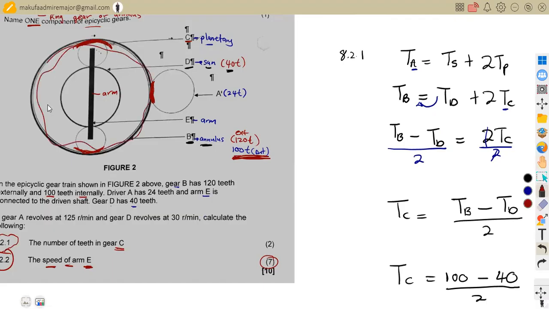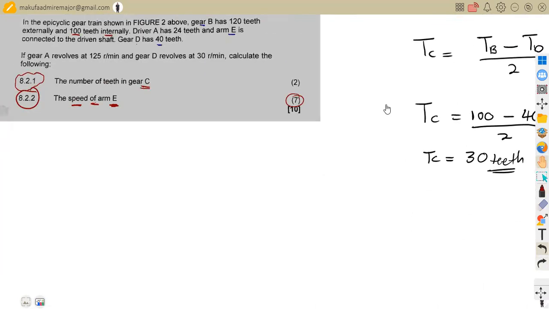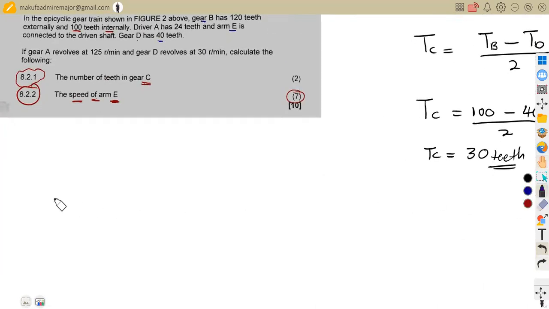This part, like I described, this is the one that you're going to use on your table. So if we are to take note on our table, let us just take some of the information that we have so that we can have our table here. We are given, that's 8.22. Given the information here, we have the speed on gear A, which is 125 revs per minute. We also have gear D, the speed on gear D, which is 300,